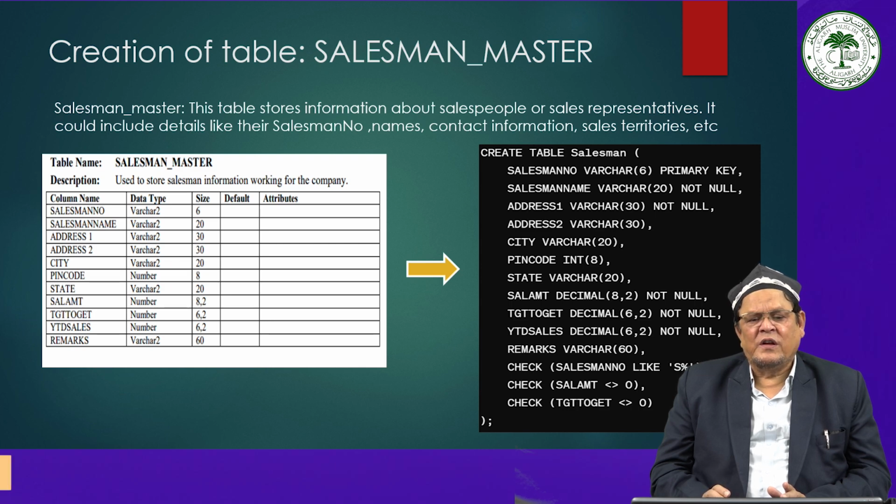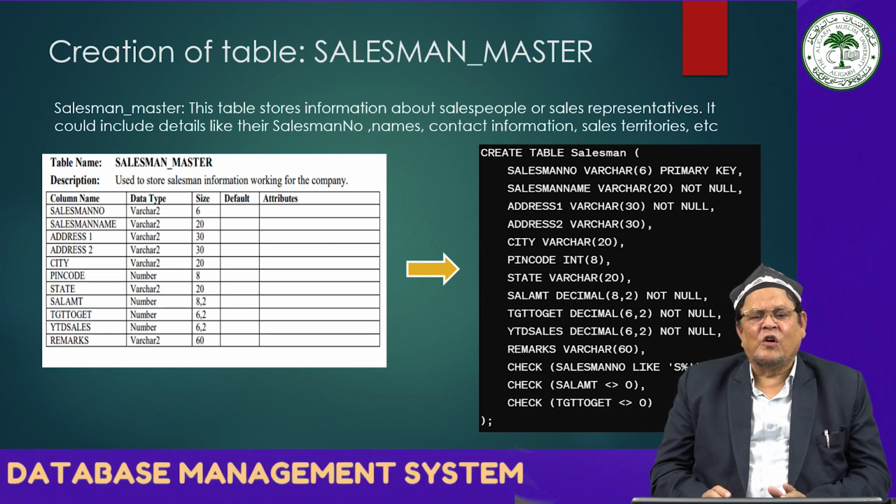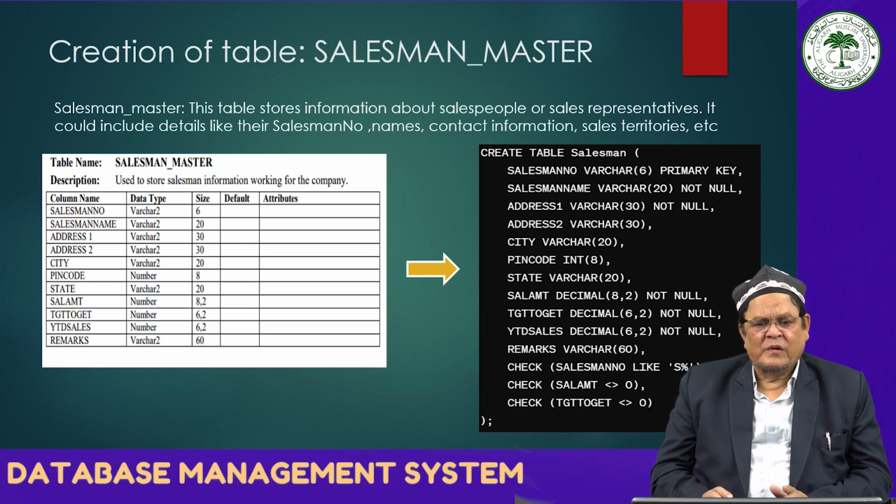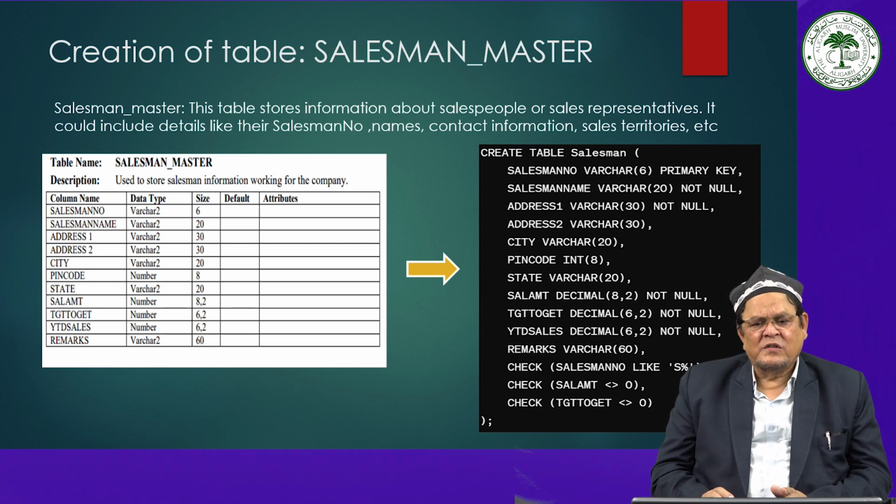target to get decimal 6,2 not null, yet to do sales, the data type is decimal, within parenthesis you have to write 6,2 not null, remarks varchar 60, and then the